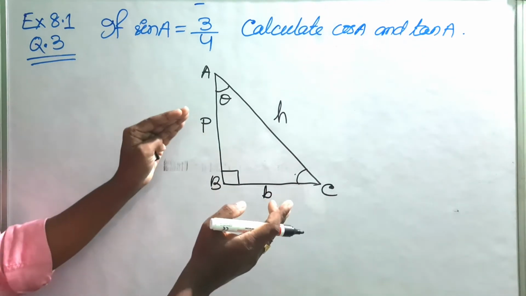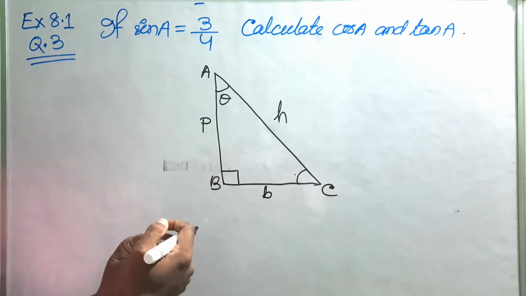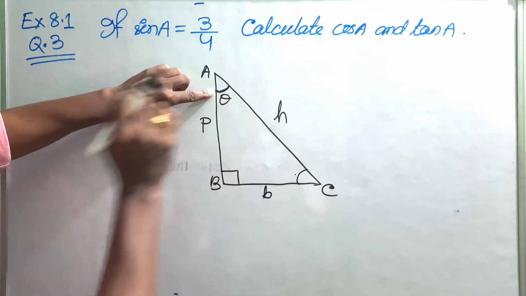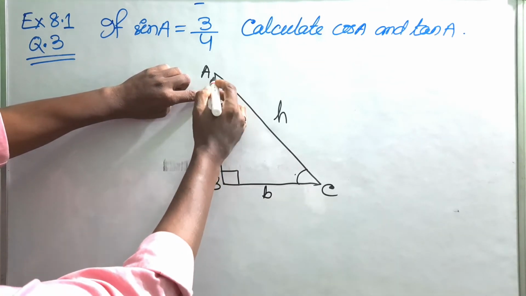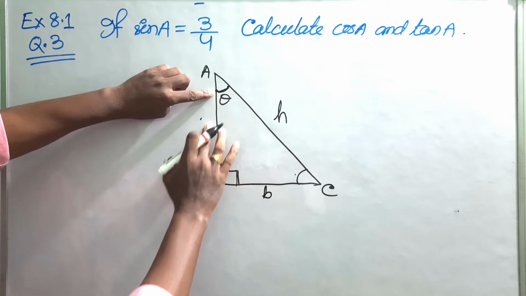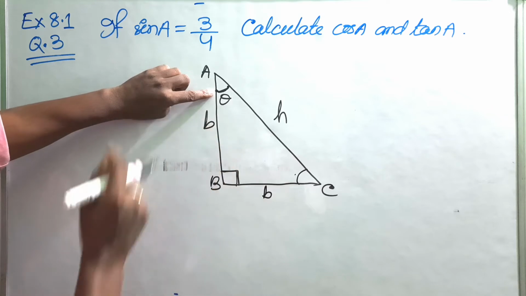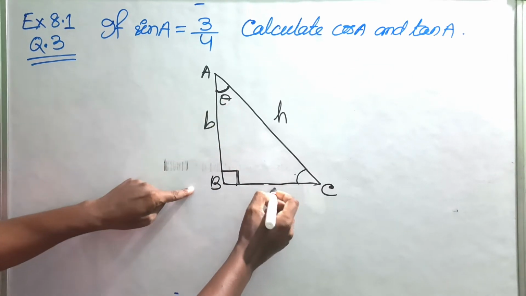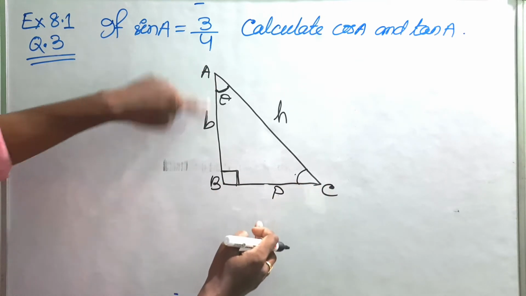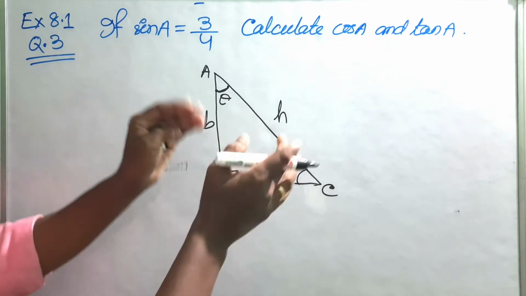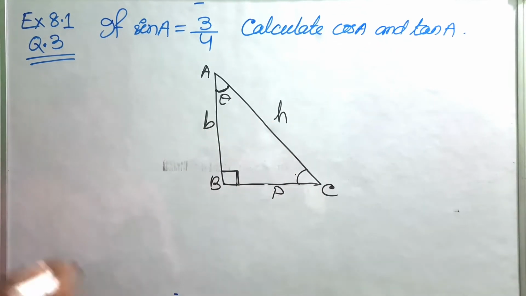Okay. Now the question is, if instead of this angle, this angle is given as theta, then which one will be the base and which one will be the perpendicular? Now you should know which angle you are taking into consideration. So the side included between this angle and the right angle now becomes the base. The side just opposite to this angle, which is normal to this base, is the perpendicular. So this one is the perpendicular. Now the hypotenuse always remains the same, it does not change.